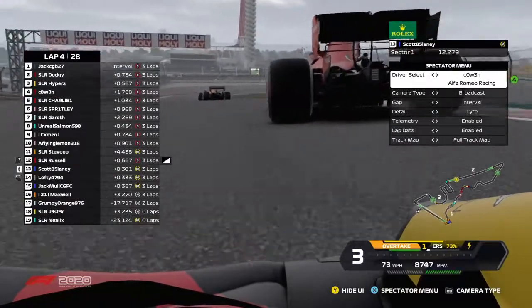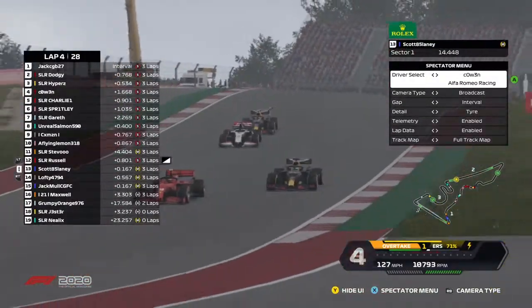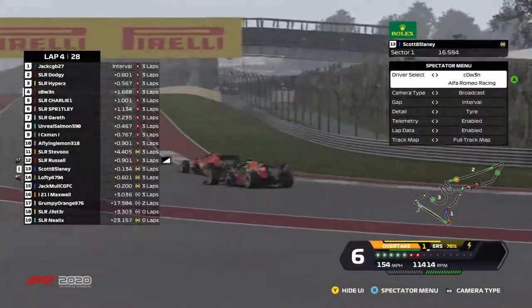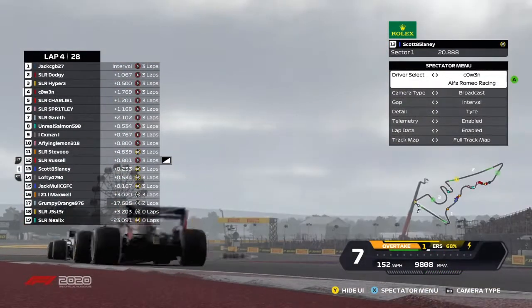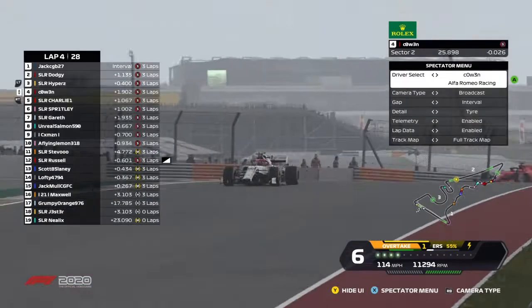into turn 1. Oof, damage pops for Laney. Hit the back of him under braking. That's an end plate gone, so yeah, that's really going to scupper the Red Bull drivers' races. Russell again